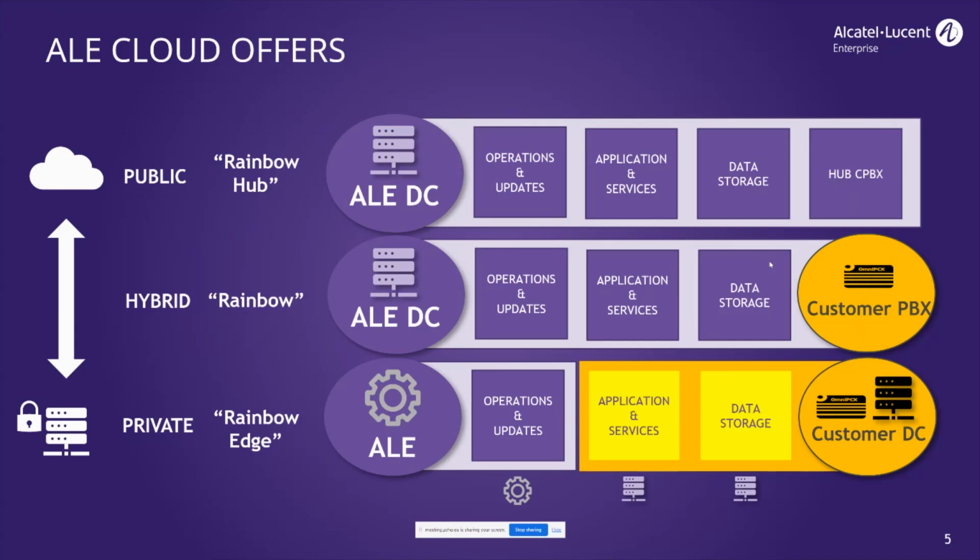We're now with Rainbow Hub bringing that PBX function into the cloud, and bringing it into a UC environment as opposed to putting UC on top of a telephony environment. I'll discuss that slightly in more detail in a moment. But we're also able to downscale that cloud capability and deliver it into a private environment, so that the customer or a private DC, colo DC, can have a private instance of this cloud infrastructure, and that we call Rainbow